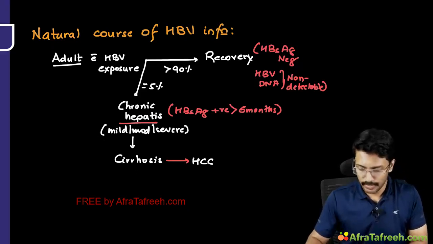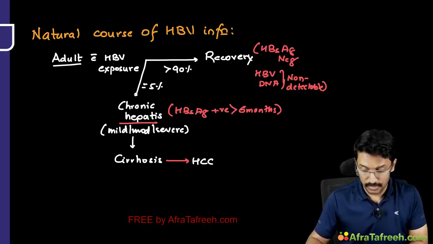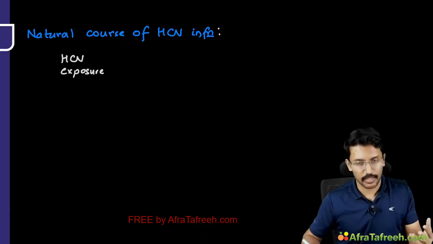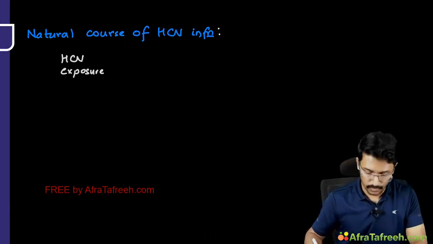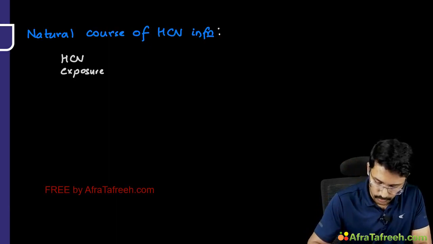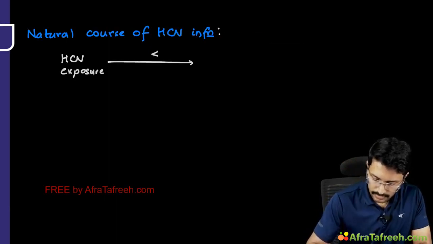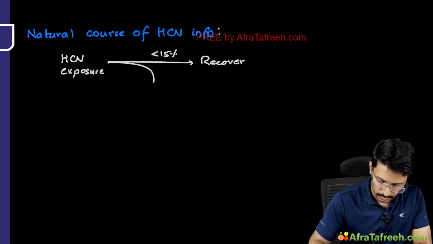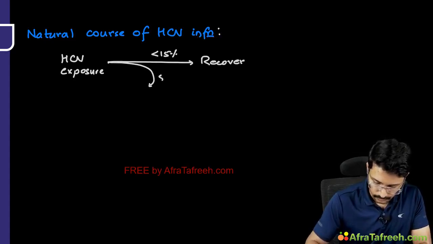But when it comes to hepatitis C, chronicity is highly likely. The numbers get flipped here. That is why we are a little concerned about hepatitis C. Untreated, it can lead to a lot of complications. So once there is exposure, less than 15% of patients will recover. Then what about the remaining? 85% or more than 85% of the patients will become chronic